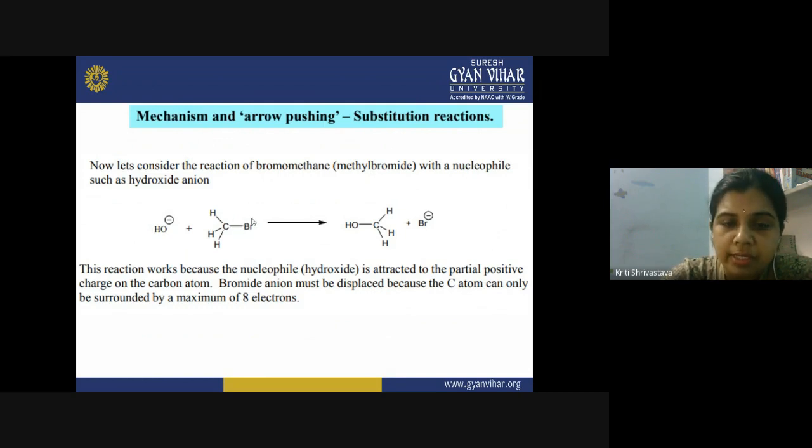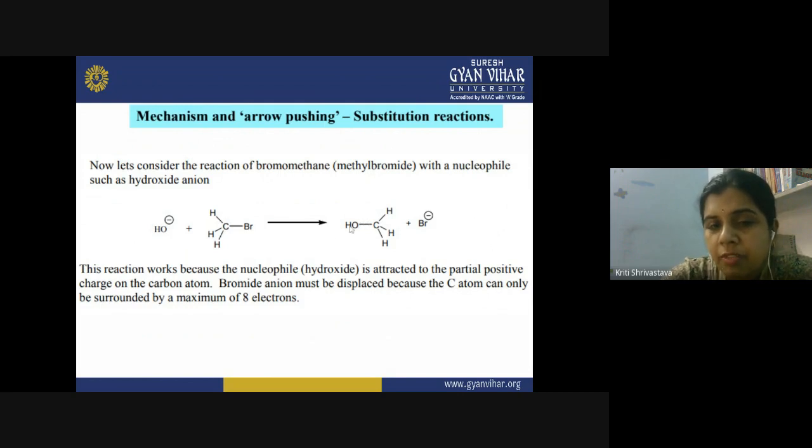As a result, the carbon atom develops a partial positive charge, and that partial positive charge over the carbon makes it the place of attack for the nucleophile. So this nucleophile will come here. You can also see that when the nucleophile approaches the carbon, the electron density is shifted towards the bromine, and now this bromine is replaced by the hydroxide. It cannot attack the carbon from this side, right? It will attack from the position which is vacant, so it will attack from the back side of the carbon atom. And now you can see that the substitution has taken place.